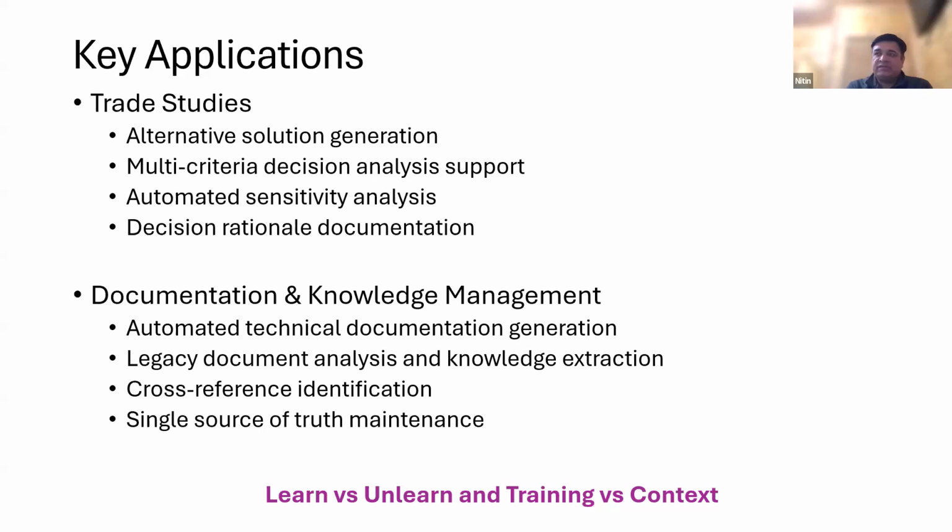It can also help us in trade studies, where we can give different sets of requirements or different problem statements and it can tell what the relative differences between approaches are by examining the input factors. It can help in sensitivity analysis, where we can determine that if we change certain parameters of a system, what the system response is going to be. And in the last, more of a generic aid which Gen AI provides is in terms of documentation and knowledge management.